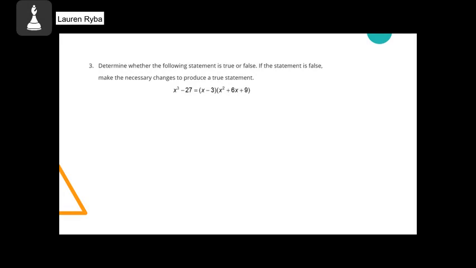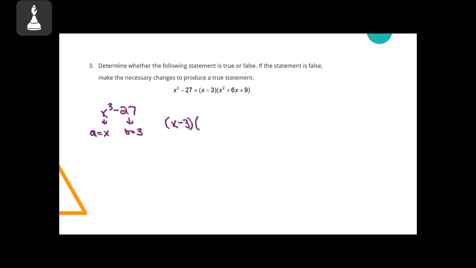Number 3, determine whether the following statement is true or false. If the statement is false, make the necessary changes to produce a true statement. We have x cubed minus 27. So I'm going to take the problem on the side and work it out my way. So x cubed, that means a is x, and 27 gives me 3. 3 cubed is 27. All right, so the rule is a minus b, so x minus 3,